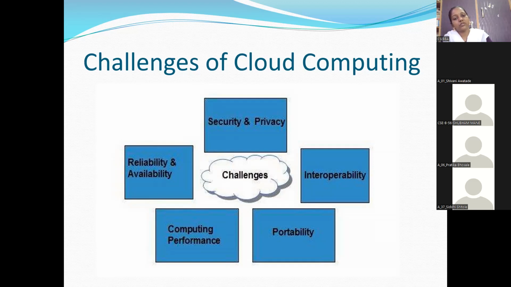Security and privacy issues can be overcome by employing encryption, security hardware, and security applications to your data. Then comes interoperability. Interoperability means the applications on one platform should be able to incorporate the services from another platform.